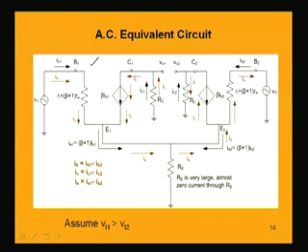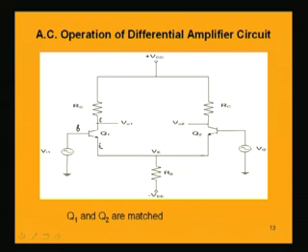Similarly, if we consider the transistor Q2, the transistor Q2 is having the base, collector and emitter points represented by B2, C2 and E2, and due to this source Vi2, you see here Vi2 is connected as input to the second transistor Q2. So, this base is getting the current due to this source Vi2. This current in the base terminal of the transistor Q2 is Ib2. So, that is shown here. Ib2 is the base current in the transistor Q2,